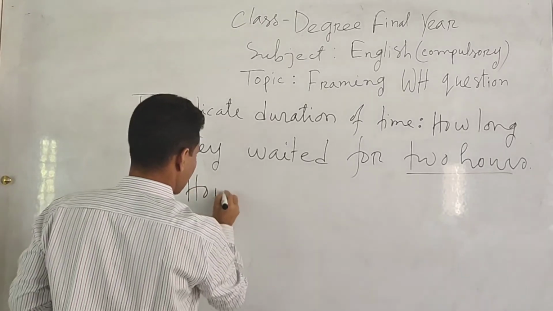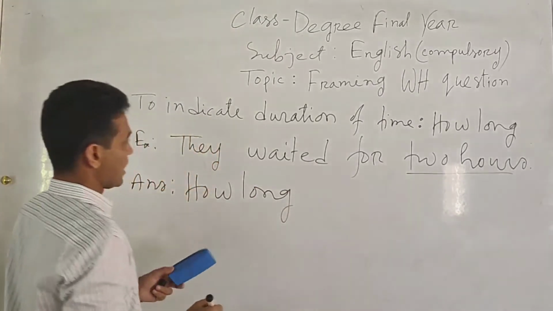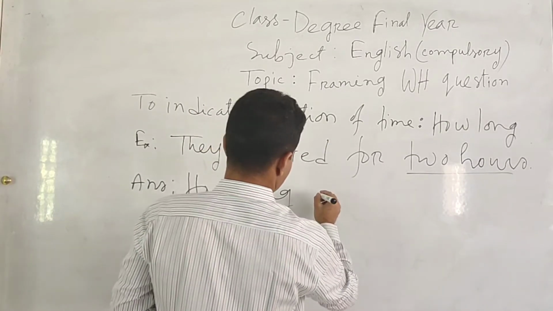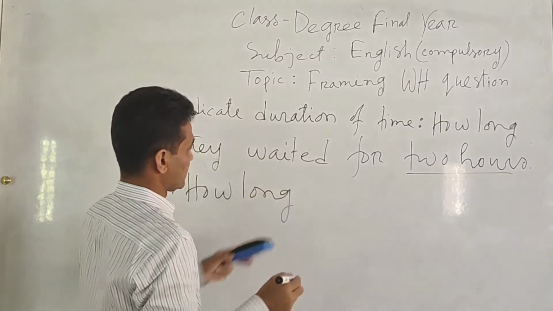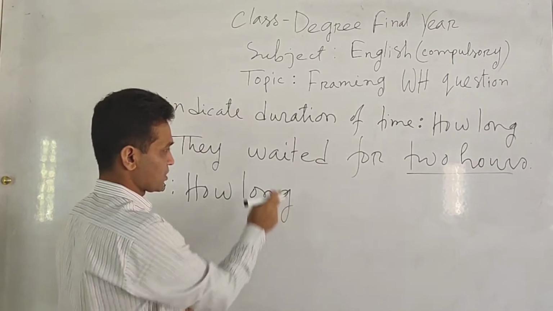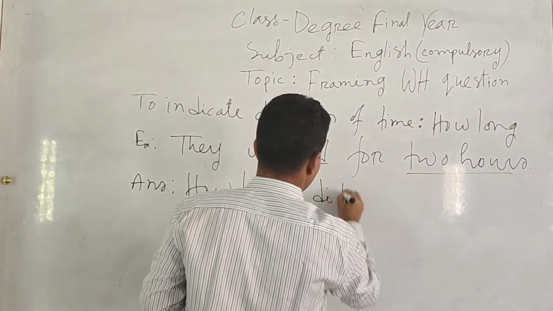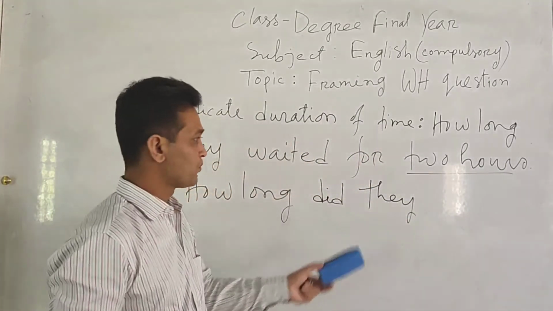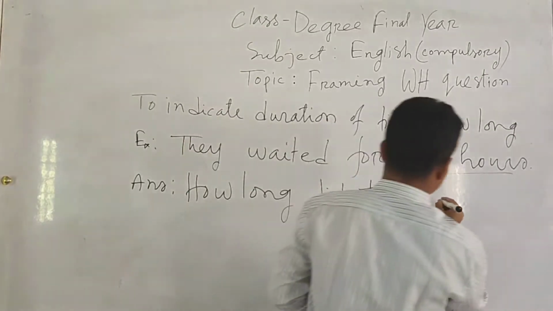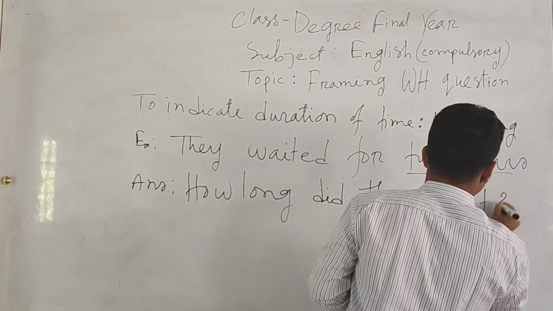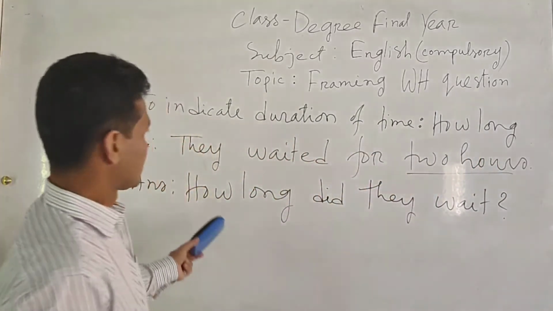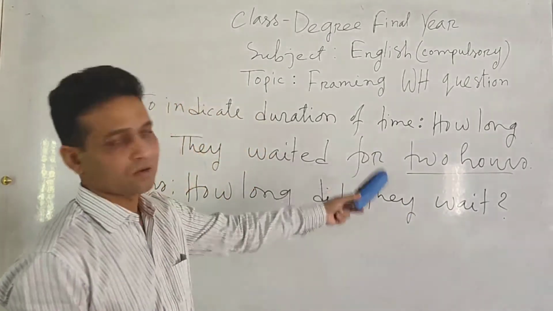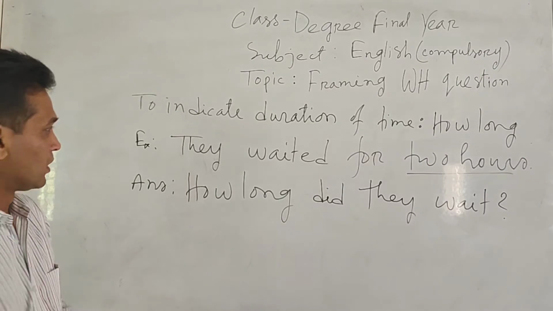First one, how long. Next one, auxiliary: how long did, because the main verb is in past indefinite tense. How long did, subject they, how long did they, principal verb wait: how long did they wait. Okay, so when you ask about the duration of time, you have to use how long, of course. Next one,